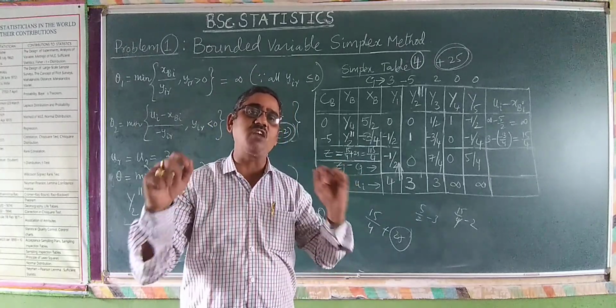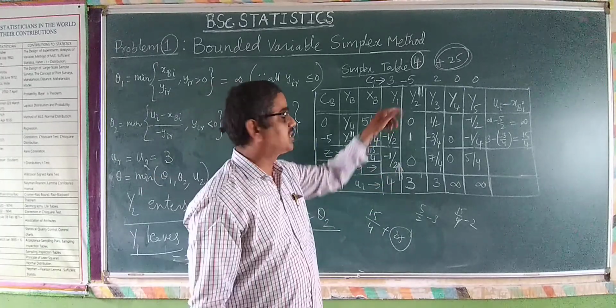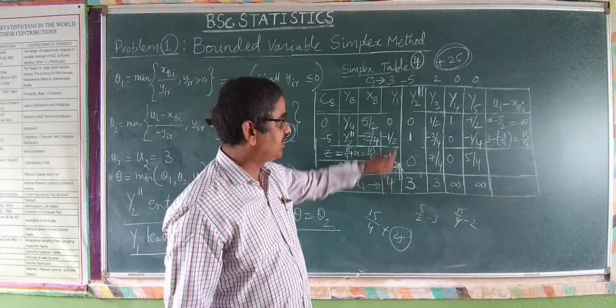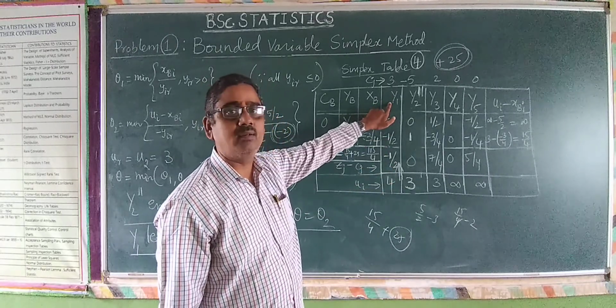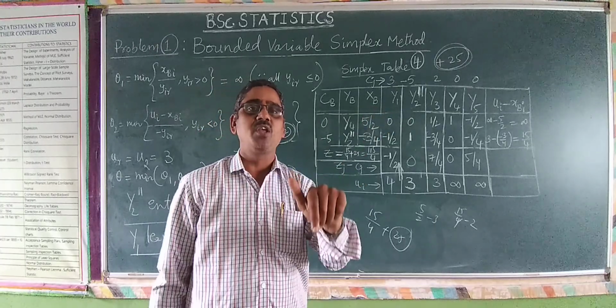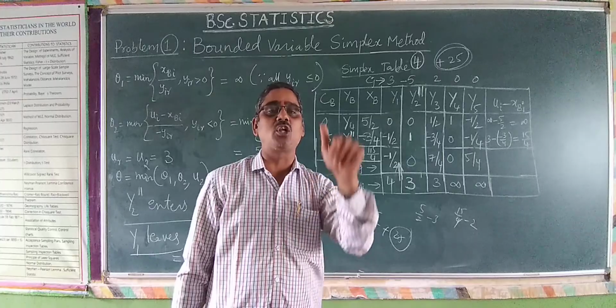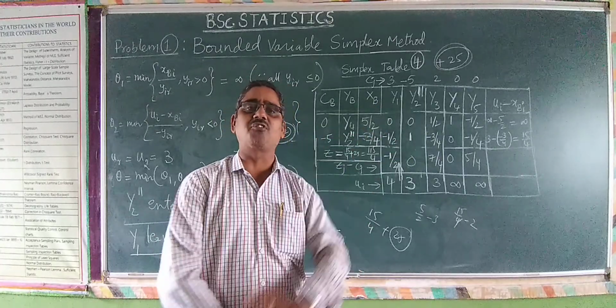Here we should not confuse that. Whatsoever the variable which is non-basic, that is going to be decided like this. Now x1 corresponding to y1, this is the vector corresponding to the variable y1. x1 is nothing but the variable, this is called non-basic. It is non-basic because it is not in the basis. Simply you can easily understand.